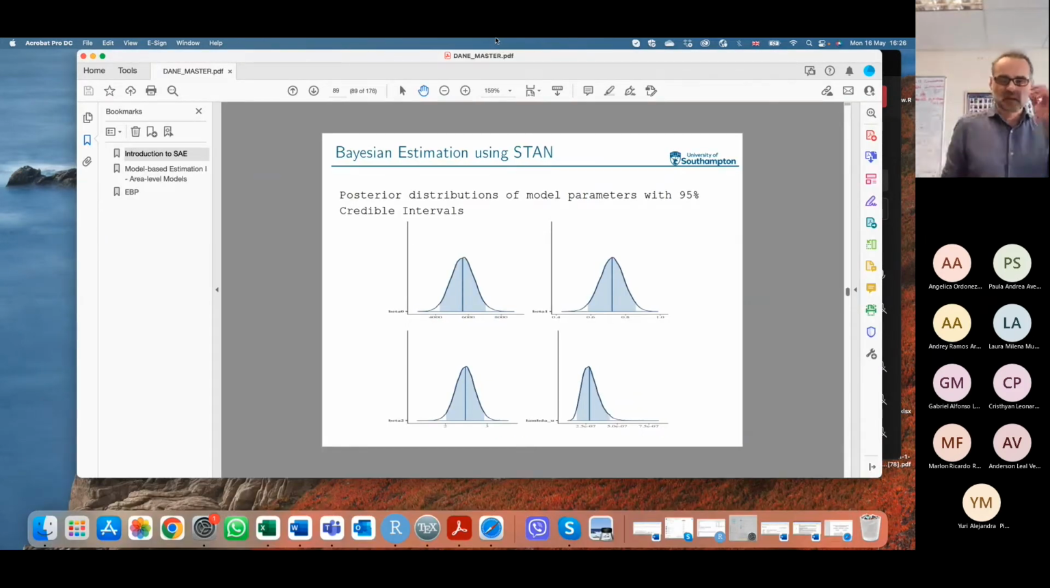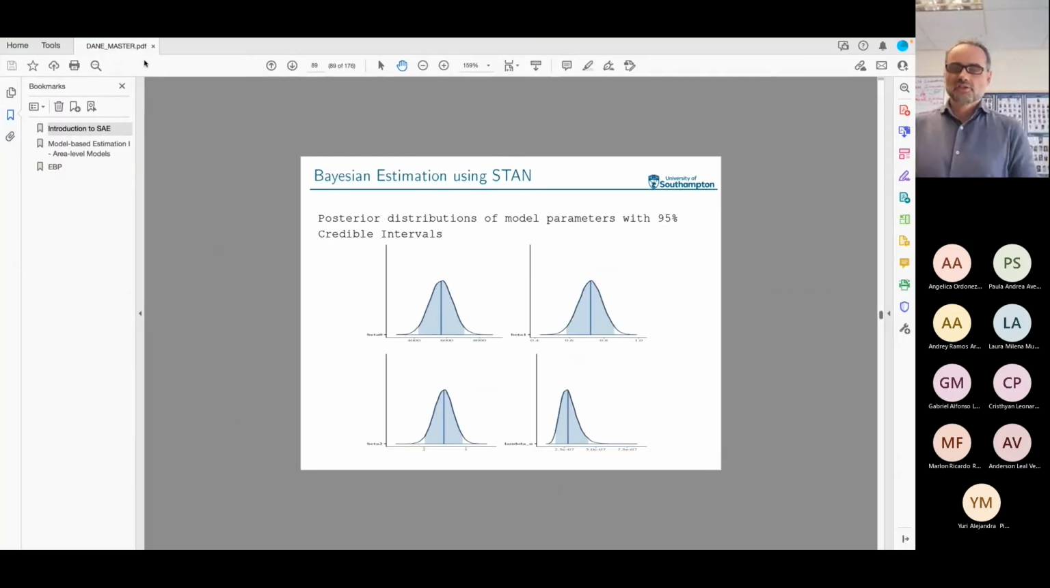As I said, I promised that I'm going to give you some results on Bayesian estimation. So, as I said, you could estimate the Fay-Herriot model within a Bayesian framework, but in this case, you have to specify priors for the regression parameters and for the variance components. So here, what you get out of this Bayesian estimation is posterior distributions of the model parameters, and obviously you